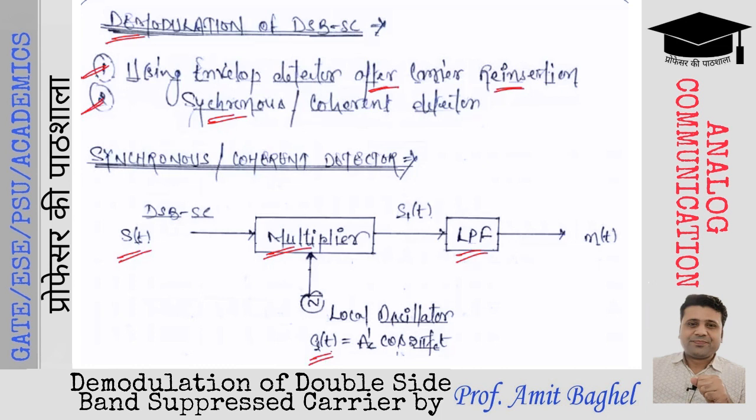So we are trying to generate the same frequency at the receiver side with the help of the local oscillator, and that frequency is fc, the carrier frequency. Amplitude may be a different value. So we are taking the amplitude of the local oscillator generated carrier signal as Ac' cos 2 pi fc t. Output of the multiplier is s1(t), and we are feeding s1(t) to the low pass filter to get back the message signal at the receiver. Let us observe the mathematics behind this block diagram.